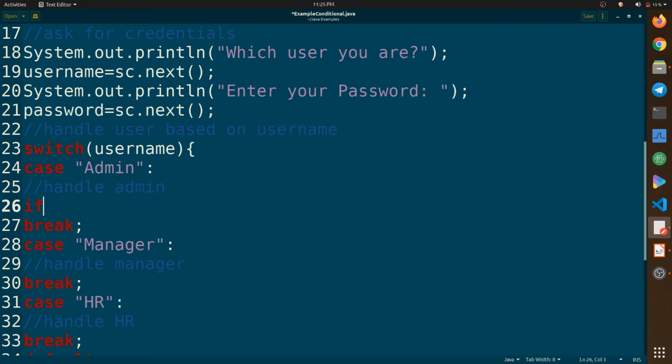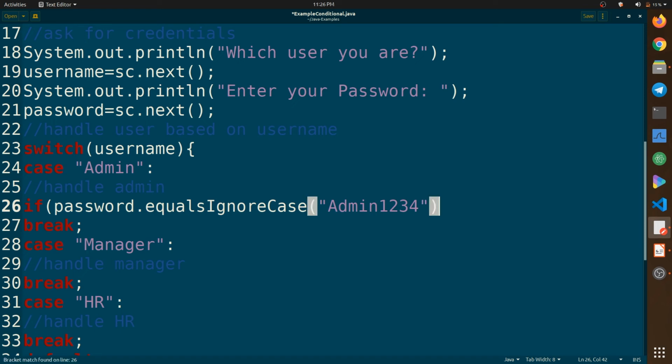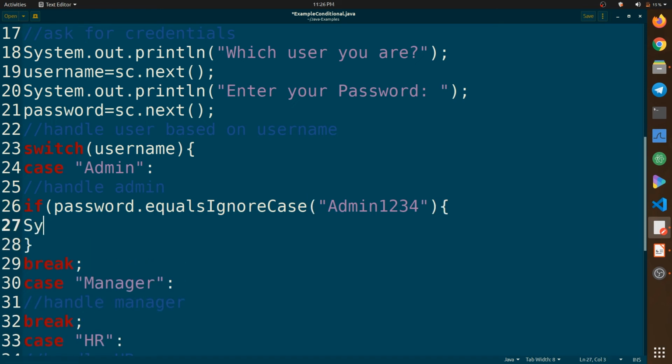So I'll say if password.equalsIgnoreCase, which will ignore case sensitivity. So the password should be admin1234. So we will print System.out.println welcome admin.